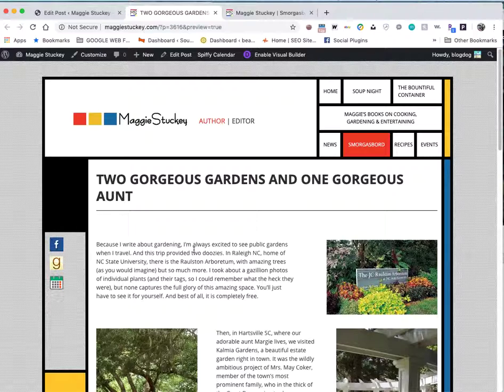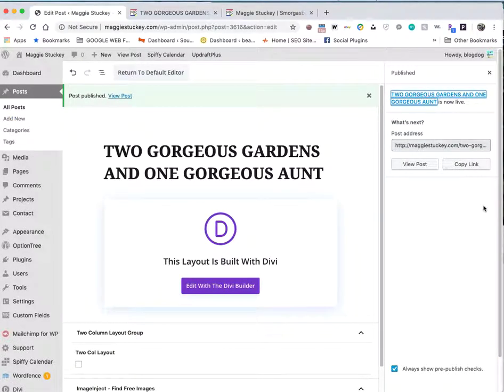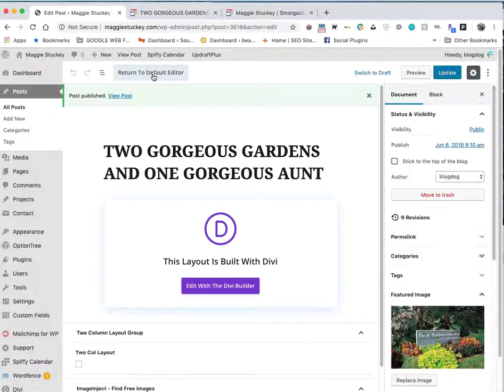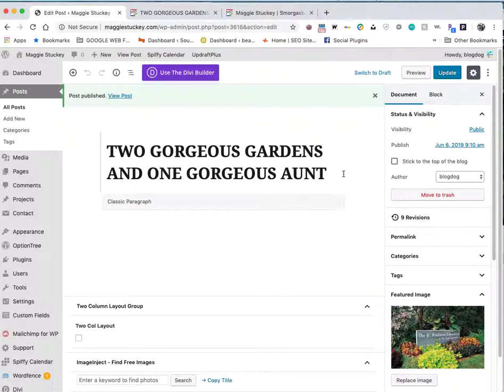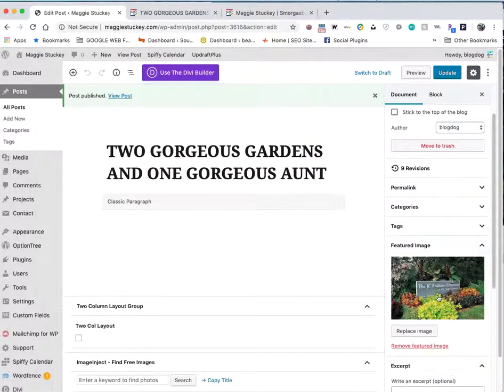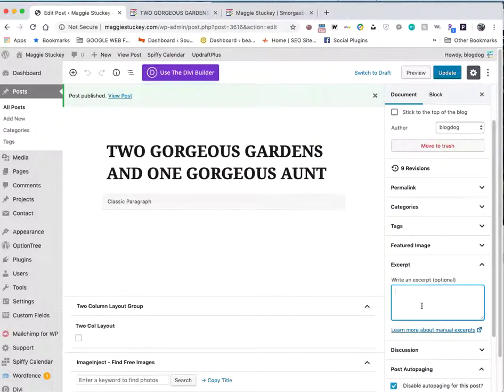So I'm just going to go grab some text. Actually, that looks like a nice little amount to me. I like that's a great opening sentence. So the first thing I notice when I go back is, my tools are gone. What do I do now? And fret not, we're going to go back to the default editor. And I'm going to zip up the featured image. There's the excerpt, paste some text in there, update,